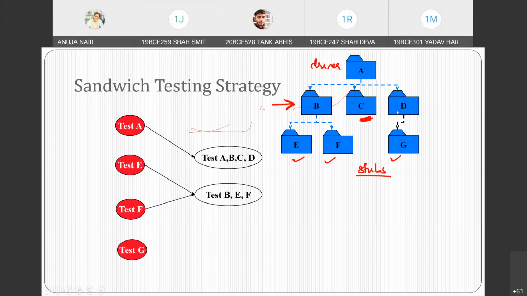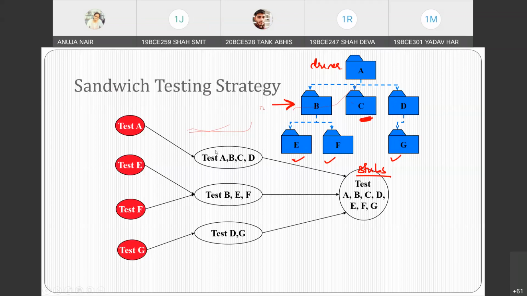Next, you will combine D and G together. So can you see it is a combination of bottom up and top down. In top down the ABCD portion came, in bottom up the BEF and DG portions came, okay? And now you will combine all of them together, which is all the tests together, ABCDEFG.